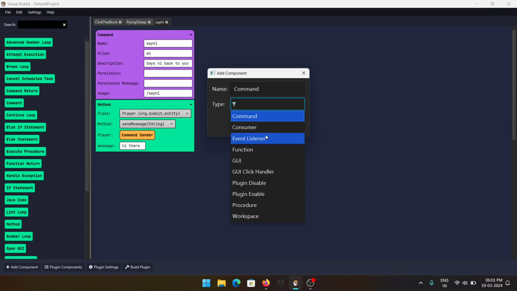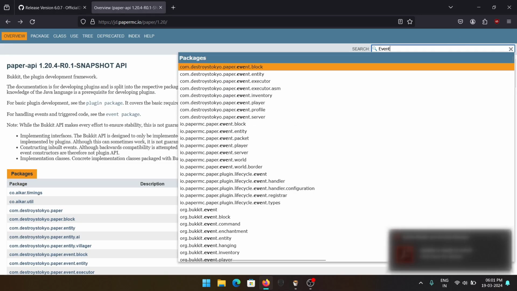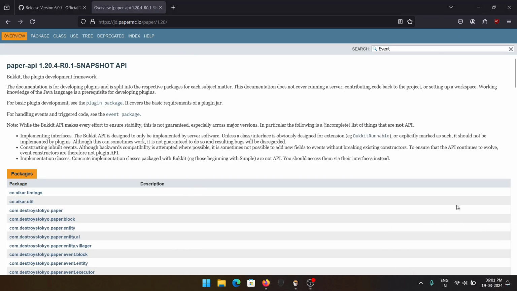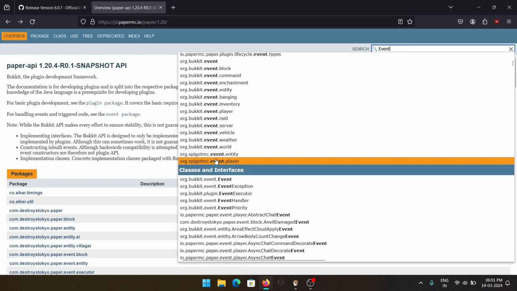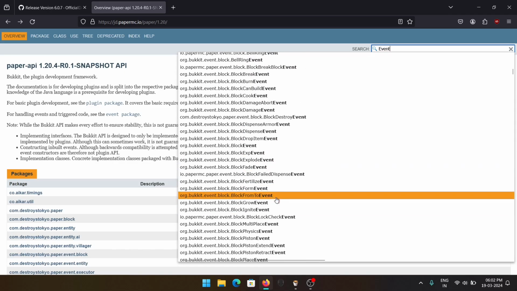Then we have, directly skipping to the third one. This is event listener. So what's an event listener, you may ask. An event listener is basically an event fired when something happens. So if I just search up event right here, don't mind this thing, then as you can see, there are a lot of events,